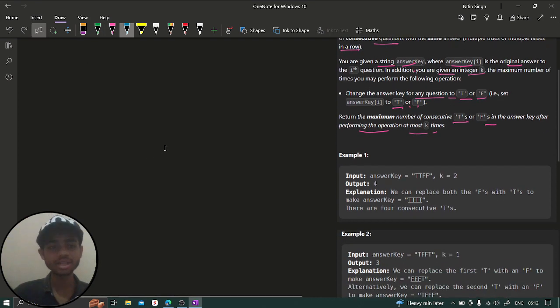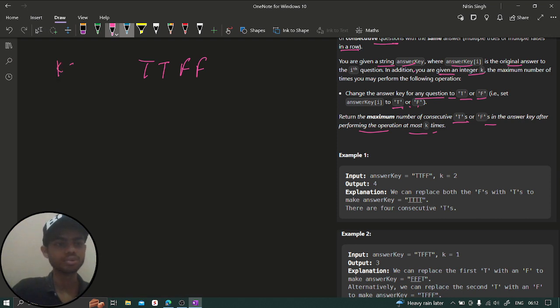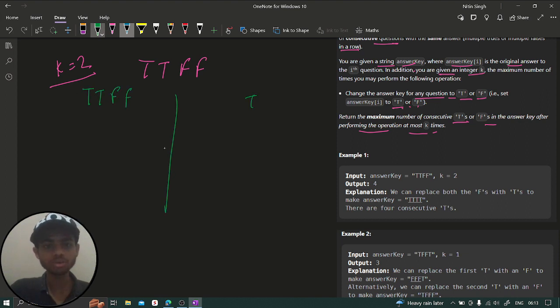So the first example is TTFF, right? Meaning true, true, false, false, and k is 2. That means we can perform at max 2 operations, right? And in that we have to find the maximum consecutive number of either true or false we can get, right? So we can say, guys, if we can convert at max 2, right? So let's say I'm just going to divide into two parts, right? In the first part, I'm going to try to convert F to true,